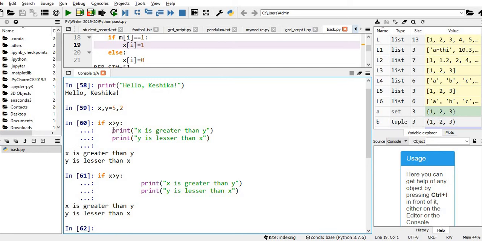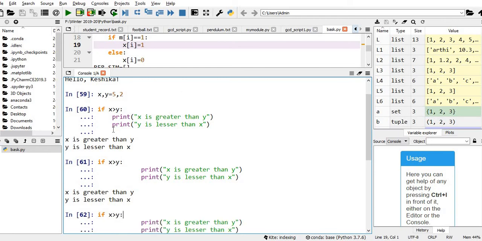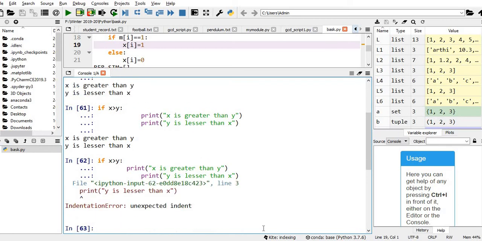If the condition is true, all this block is getting executed. If I don't give the indentation properly, say for example, first line the indentation is 2 tab spaces, whereas for the second print it is 3 tab spaces. If I hit enter, you just see, it is showing indentation error.